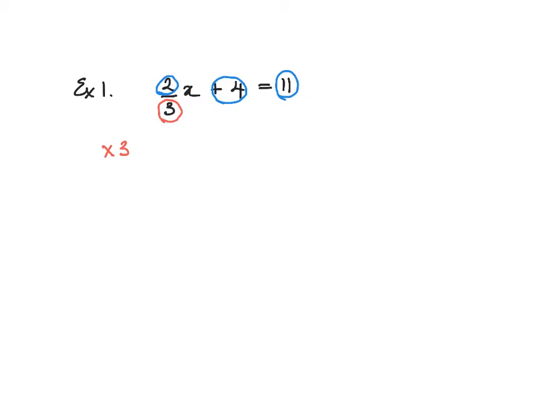So what do I get? 3 times 2 is 6. You'll notice that the 3 on the bottom is still there, and the x is still an x. Plus 4 times 3 is plus 12, and 11 times 3 is 33. 6 divided by 3 is 2, so we have 2x, and the fraction has disappeared. 2x plus 12